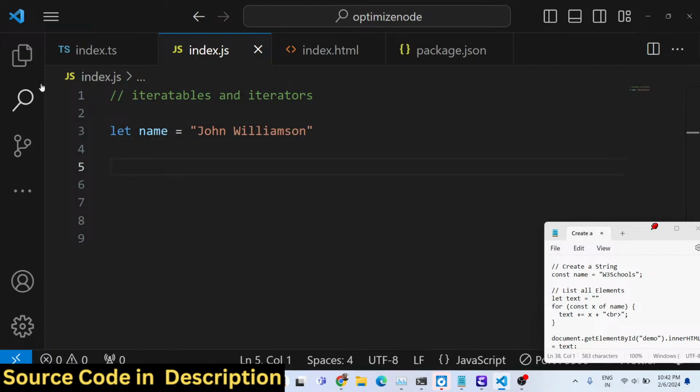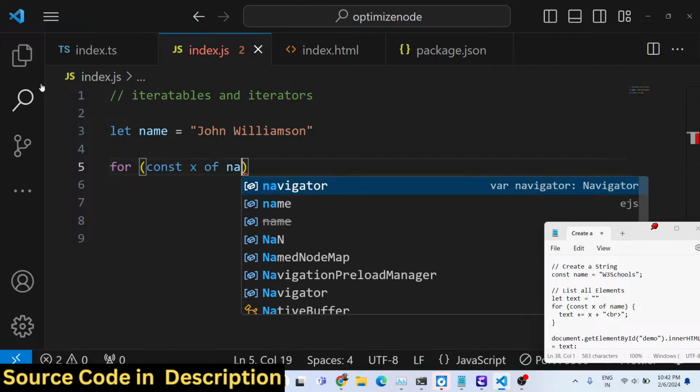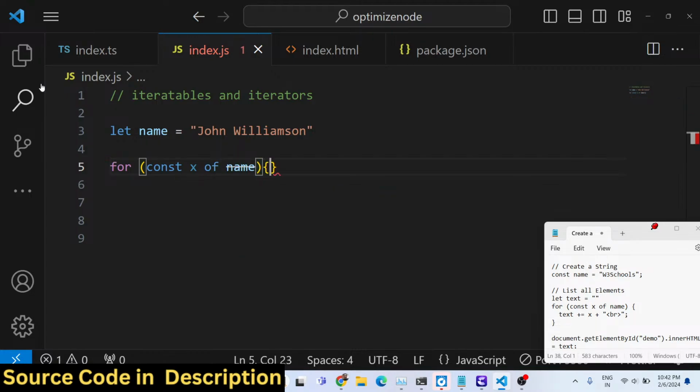There are now two different ways by which we can loop through each character in this string. We will print out each individual character in this string. So J, O, H, N, space, all these characters are there inside this string. We can basically do this in two ways. We can declare a variable, or we can loop through it directly by using a for loop. We can say const x, use the of operator, and then the name, and inside curly brackets